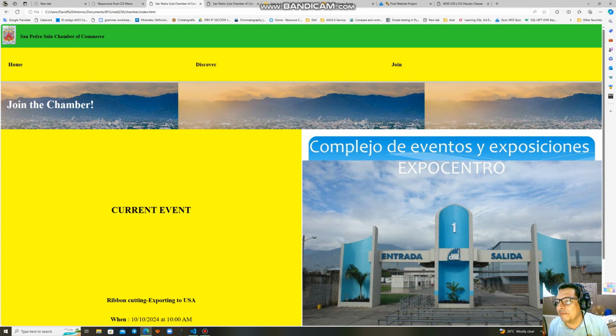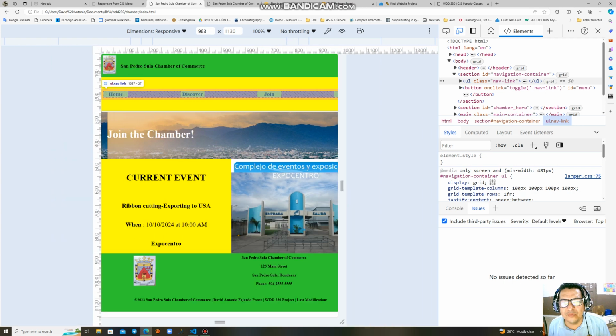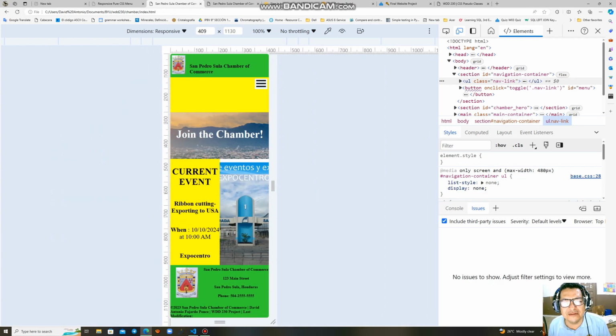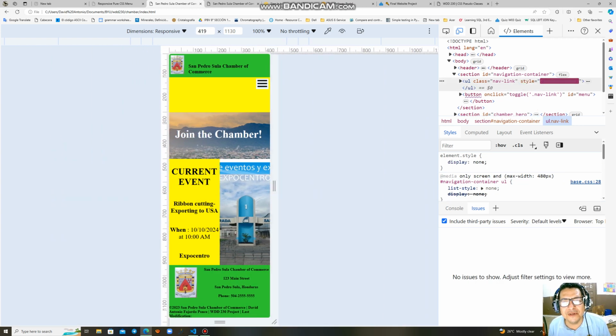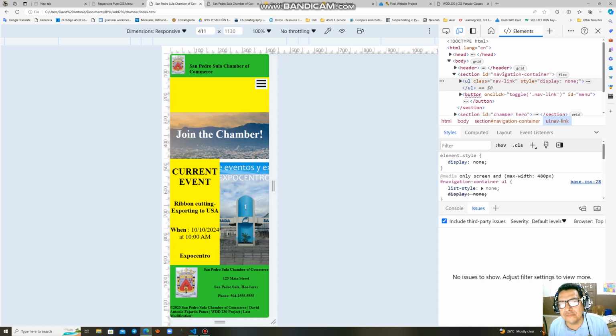Let me see if I can put here the inspect. This one for me was a tremendous success. This menu here, I am feeling so happy, because the size also of the hamburger was very small, very little, and I found that by adjusting the font size, it is possible to enlarge it. Okay, this is a problem that